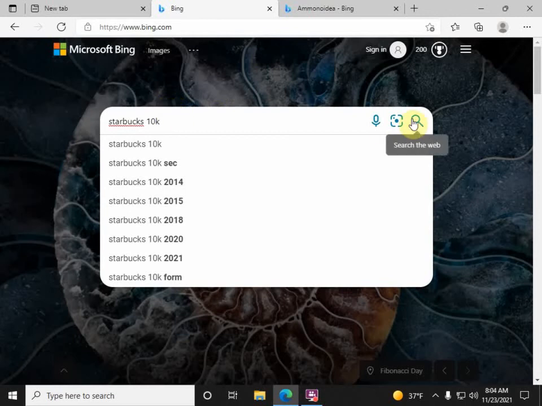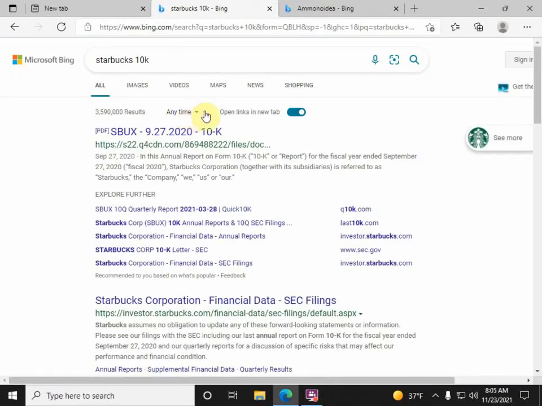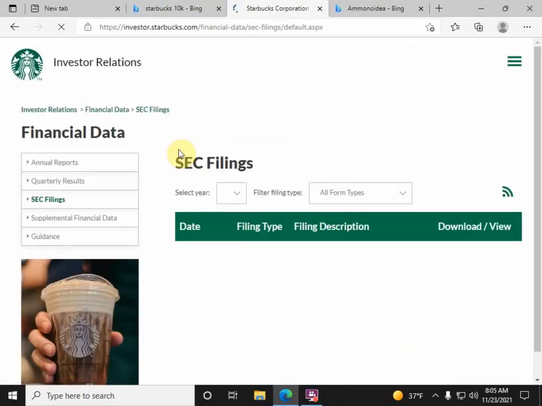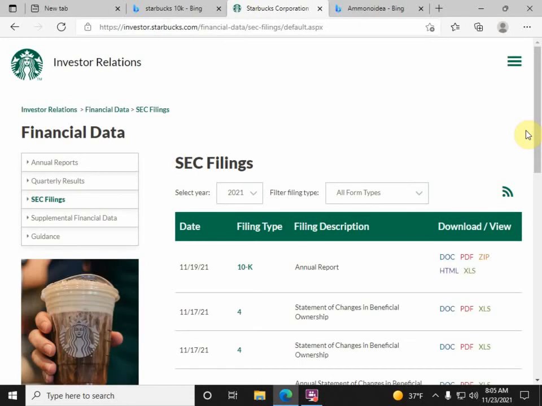So when I search that 10K, I still get a string of things, and then I look for the URL, and oftentimes it will say something just like this. It'll have the company name, and it'll say investors. One of them I looked at said SEC filings, I think is what it said, I'm sorry. And when I click on that, that brings this up,